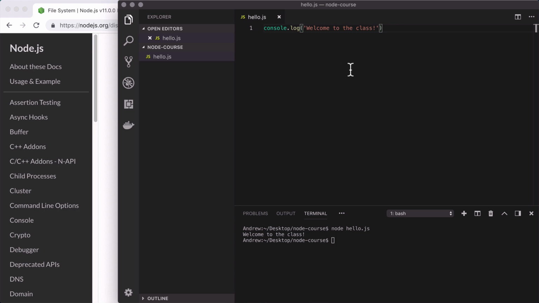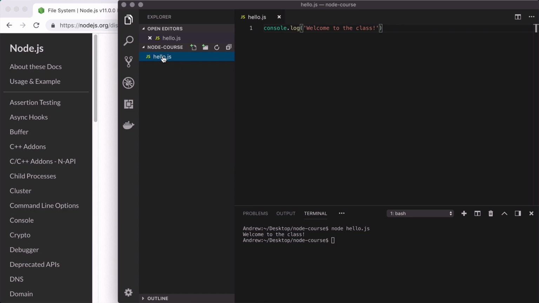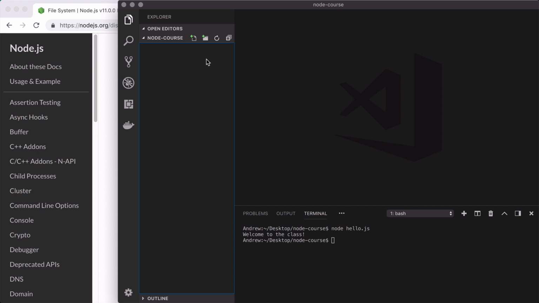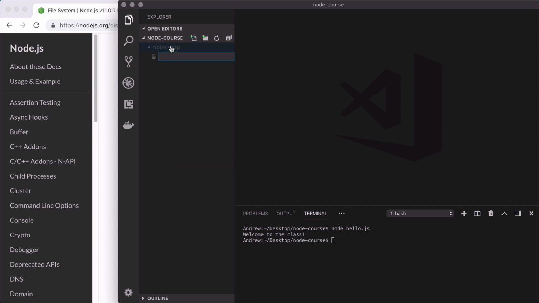I'm going to head over to the Visual Studio Code editor, and I will take a moment to delete hello.js, as this is not going to make it into any of our applications. Let's go ahead and trash it. And we'll make a brand new folder for our first project, which is going to be a little notes app. So I'll call the folder notes app, and in there, we're going to make a single JS file right here,